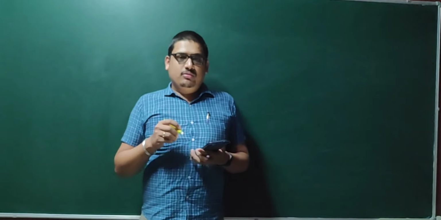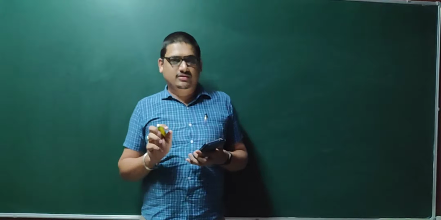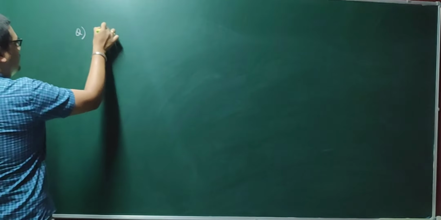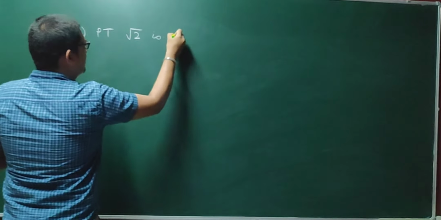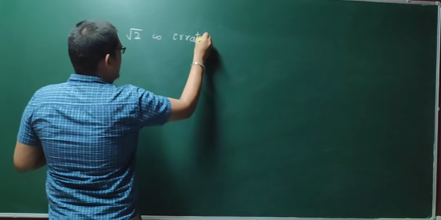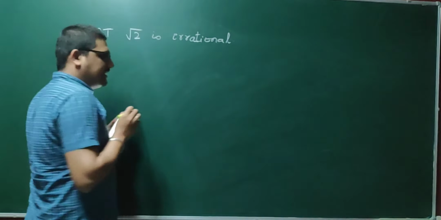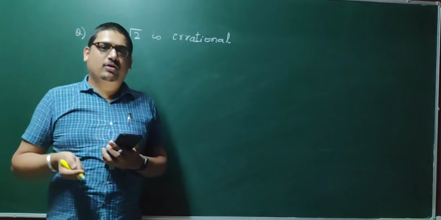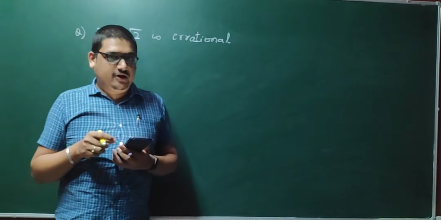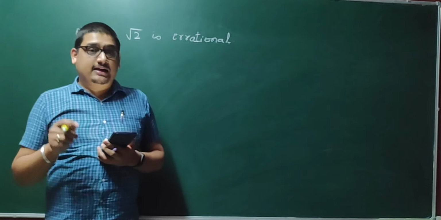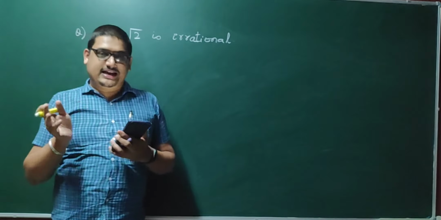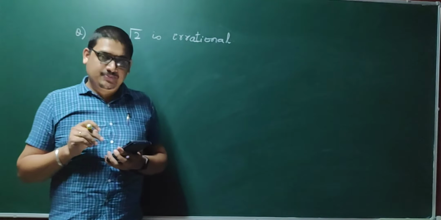Now let us take some questions and use theorem 1.3 and find its application. The question goes like this: prove that root 2 is irrational. You have been studying that square roots are generally irrational. Before going into what is irrational, let us rewind what is rational. Any number which can be expressed in the form p by q, where p and q are integers and co-primes, is a rational number. Any number which contradicts this statement will be considered irrational.